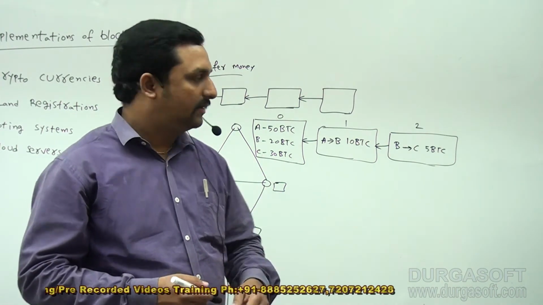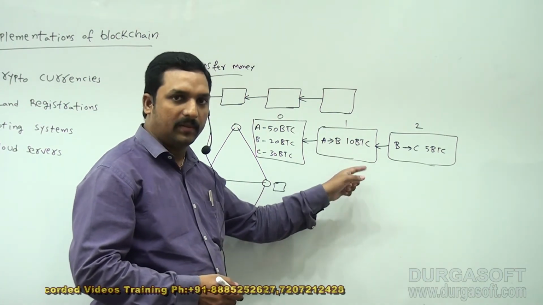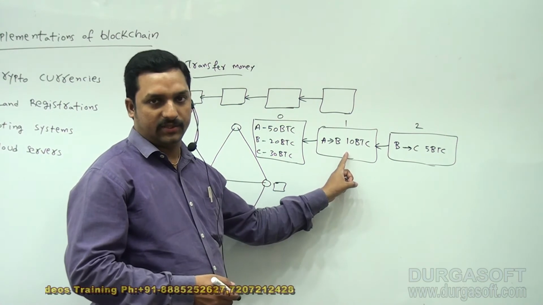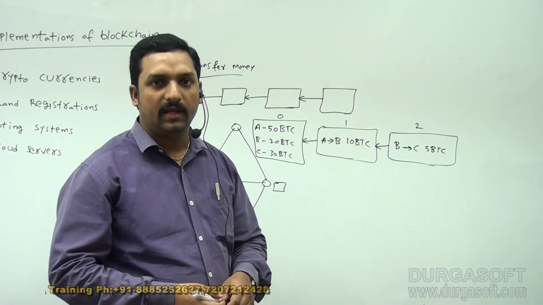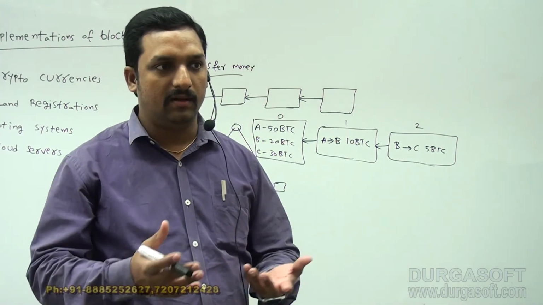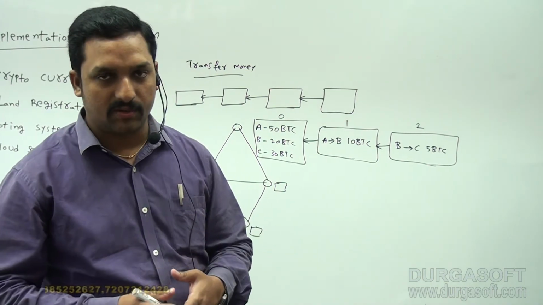As per this example, I showed only one transaction per block, but in reality one block may contain multiple transactions. How many, we don't know; it depends on the situation. Maybe hundreds, around 100, 150, 200 transactions may be stored in one